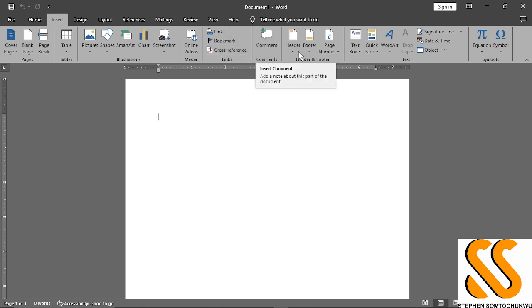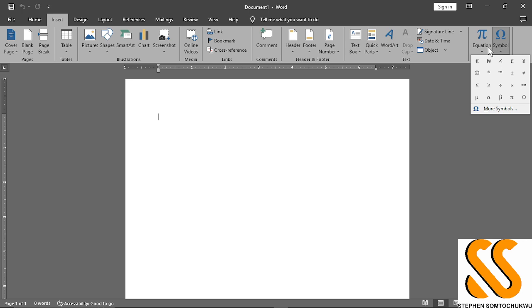This is comment. Here is for header and footer. Here is to insert a text box, to insert a time, date, signature, or object to your work. And here is where you can get symbols or any mathematical equation. Now we are going to go into